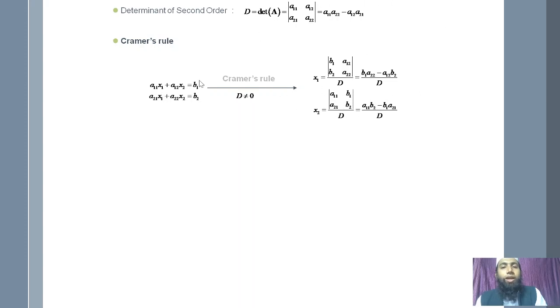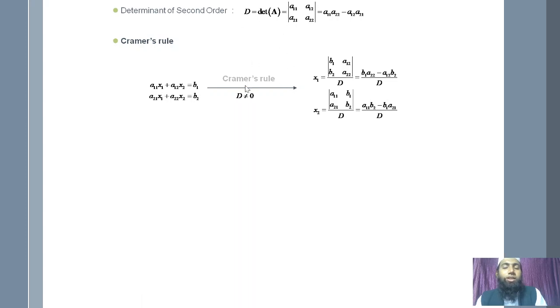Yeah, already we have seen in our school algebra. So just this is the recalling of the determinant and to solve the system of equation with the help of Cramer's rule. इसको हम in detail भी देखेंगे. Just to recall, we are well familiar with this. इसको in detail भी देखेंगे.